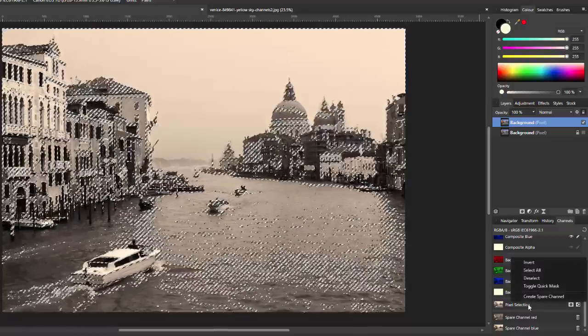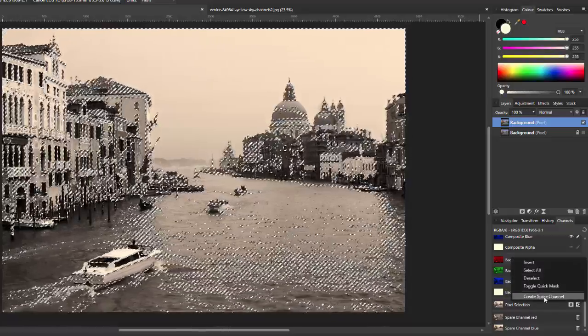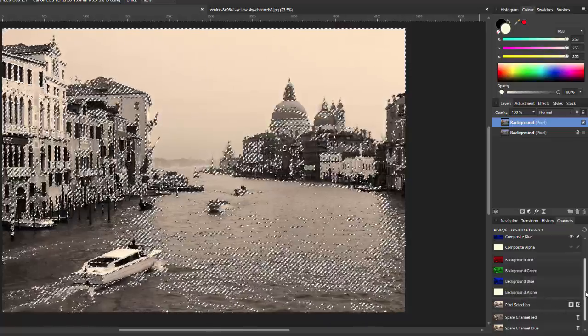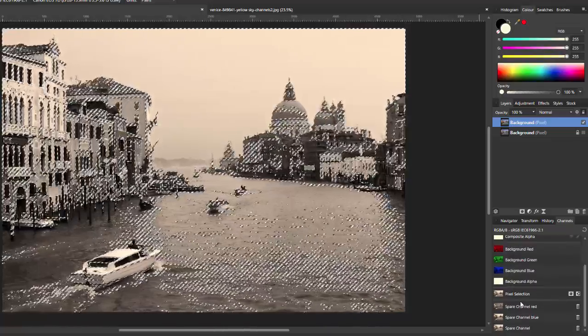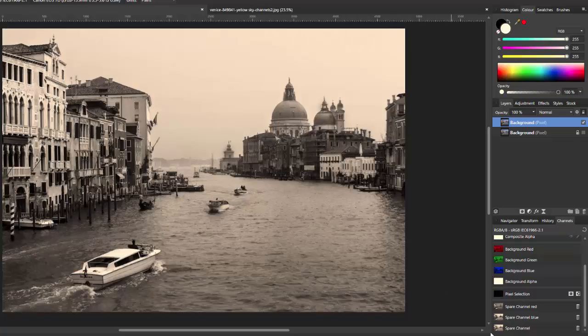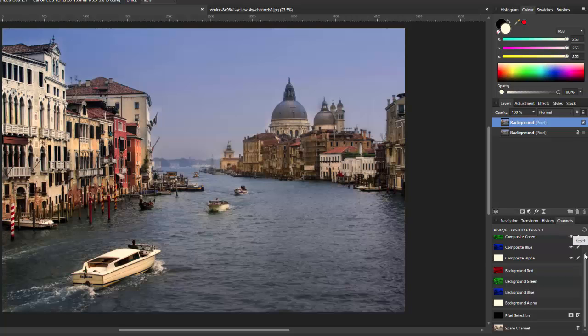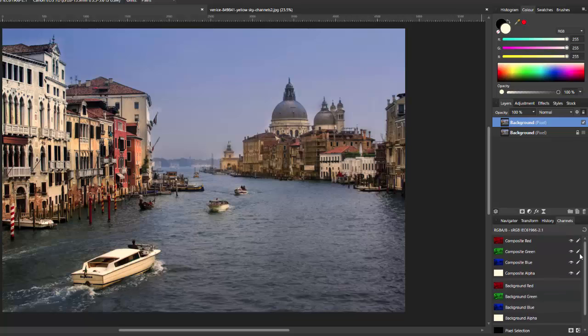And if I right click on that and I again click on create spare channel, I can now press Ctrl and D to get rid of the selection area, and I can delete that red spare channel and the blue spare channel, because that spare channel now is a combination of the two selections that I made before. So I can click on this reset button up here to bring back the full color version,